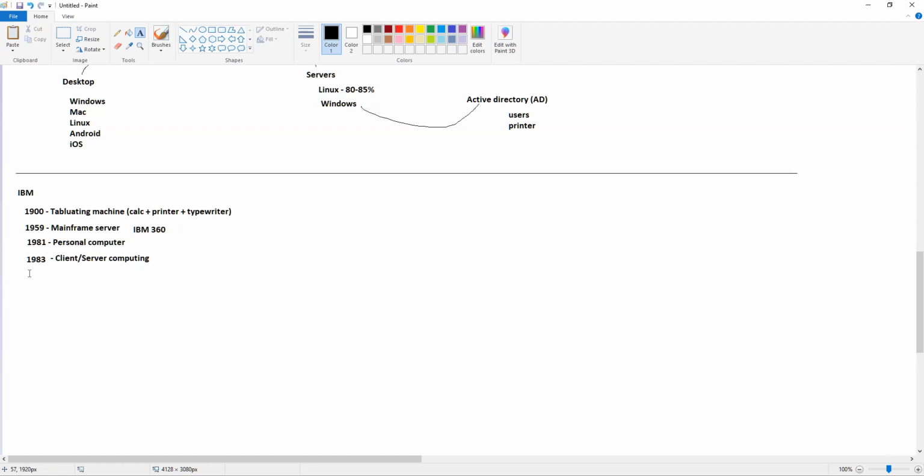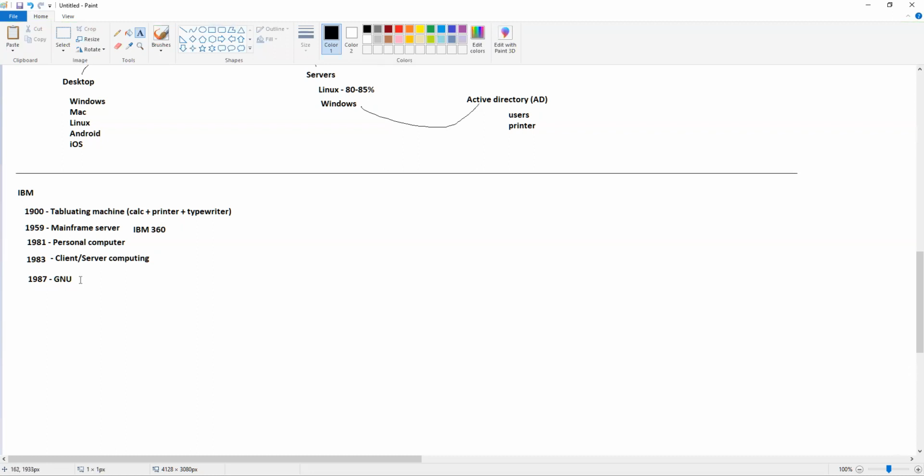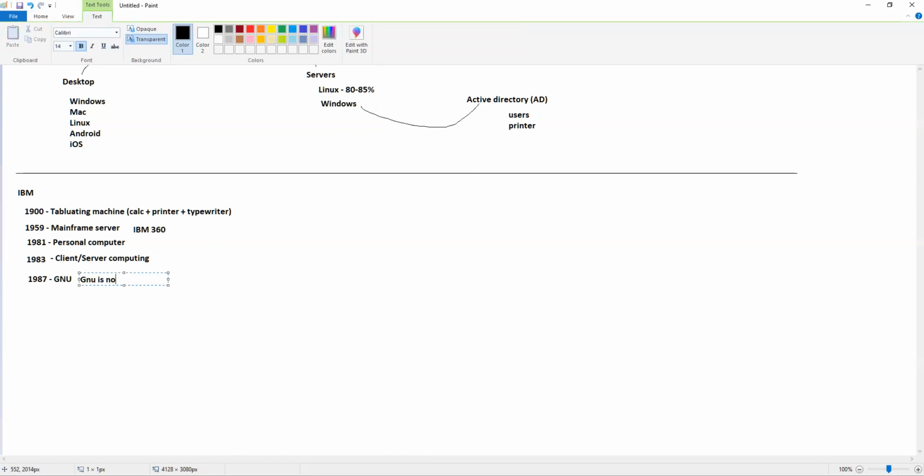Around the same time, in the 80s, in 1983 itself, a movement started, and that movement was the free software movement, something which we will see tomorrow in good detail, because that's related to our operating system topic. So the GNU movement was formed, and GNU is a recursive definition, which means GNU is Not Unix. Every time, G stands for GNU, and then if you want to know what GNU is, again, it's a recursive definition.